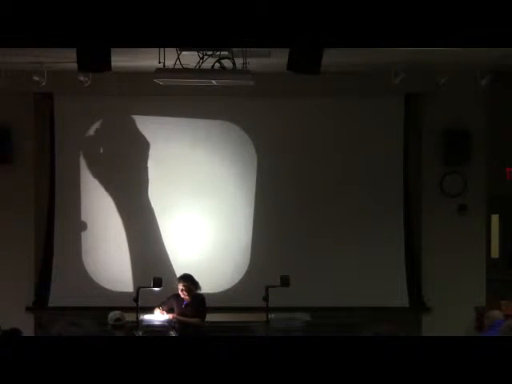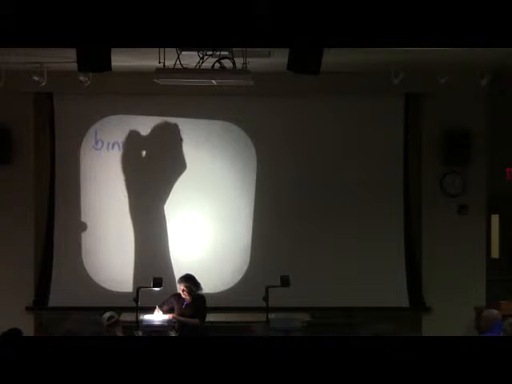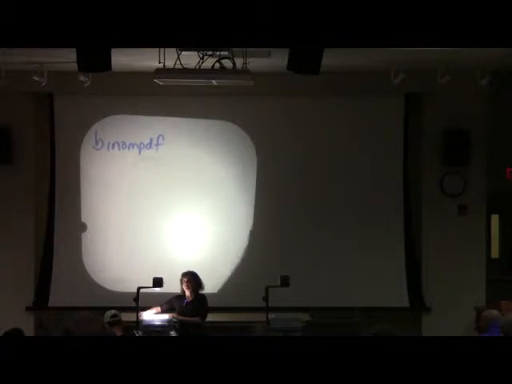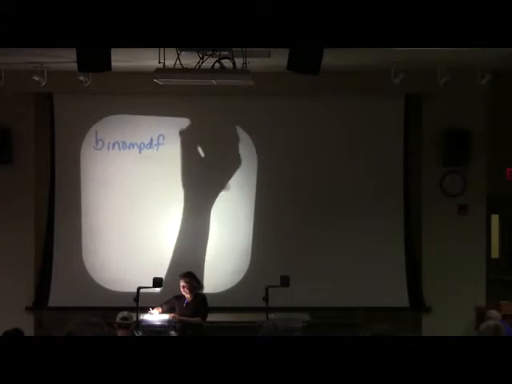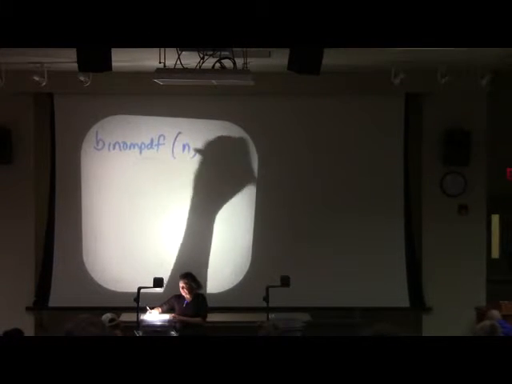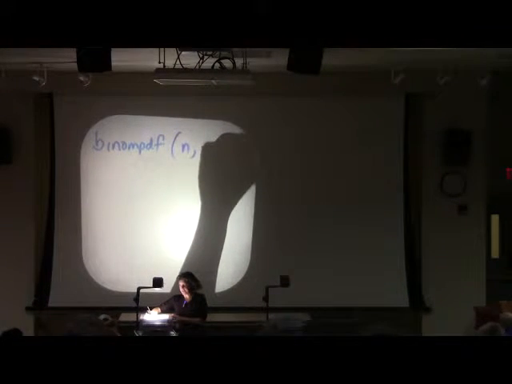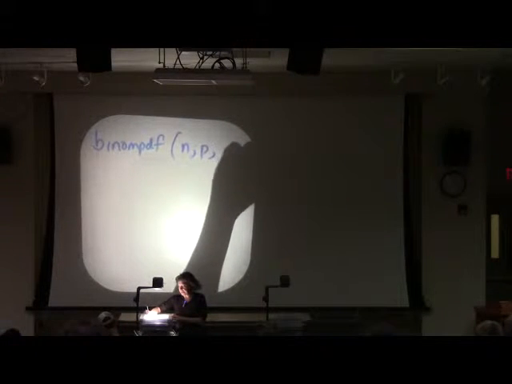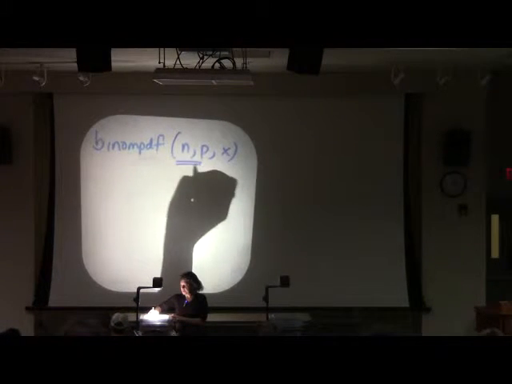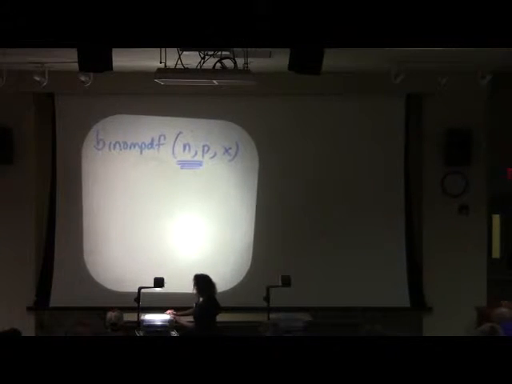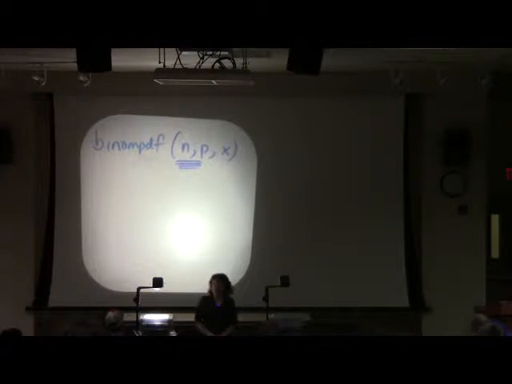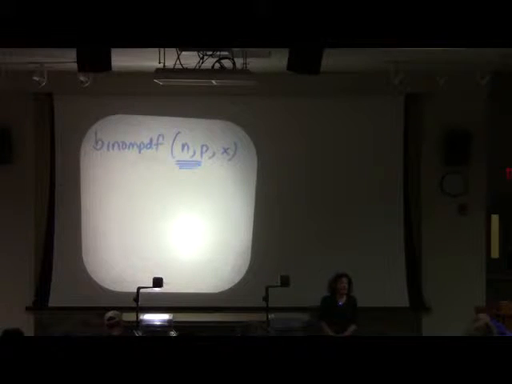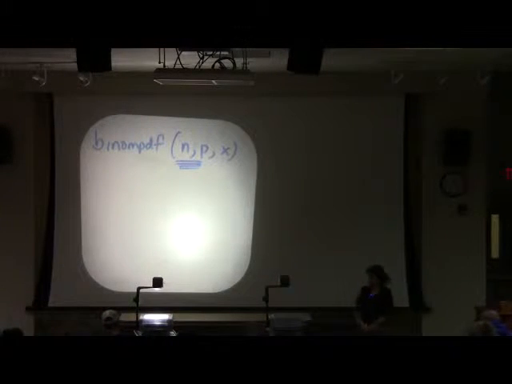Okay? So, what we saw last time is that we have a really nice calculator. On your calculator, you can compute your binomial. The first number you enter is your n value, then your p, and then your x. One of the things you should have seen from last time is that your n and your p throughout each particular problem do not change. It is just the x values that change.